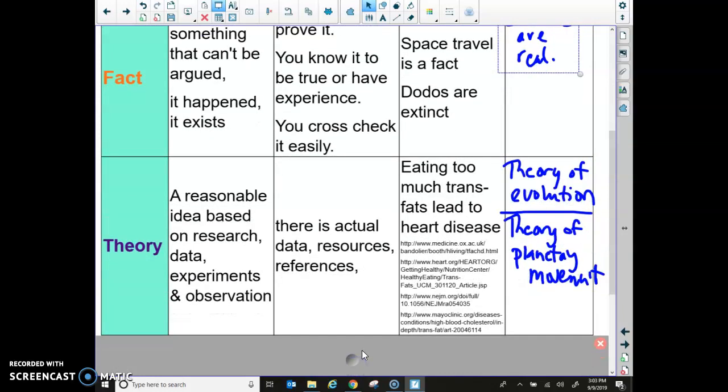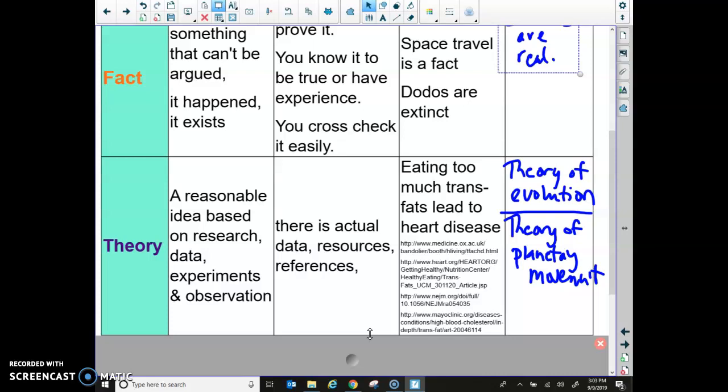Now, sometimes a lot of facts are used to build up a theory. When I'm talking about theory, in this case, I'm not talking about someone's theory of, wow, these new shoes I got are going to make me faster in gym class, or the theory that a donut for breakfast will make you heavier or dumber or something like that. That's their own personal theory. Not that that's accurate, because donuts are amazing. But theories, when we use them in this class, are referring to scientific theories. These are ideas that are based on research, data, massive amounts of experimentation, loads of observation.